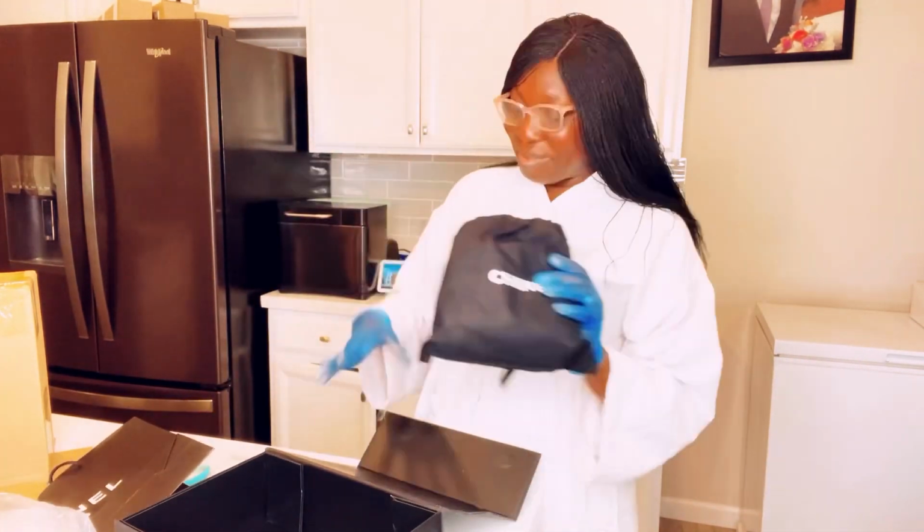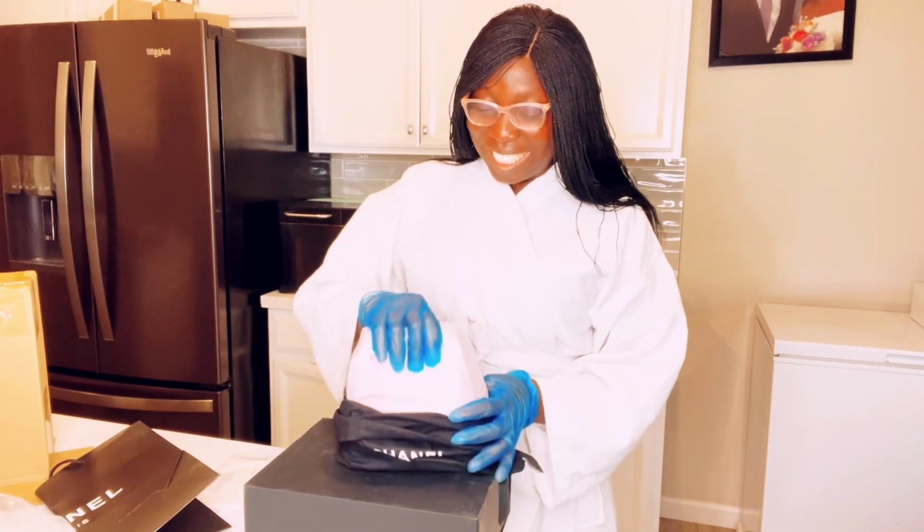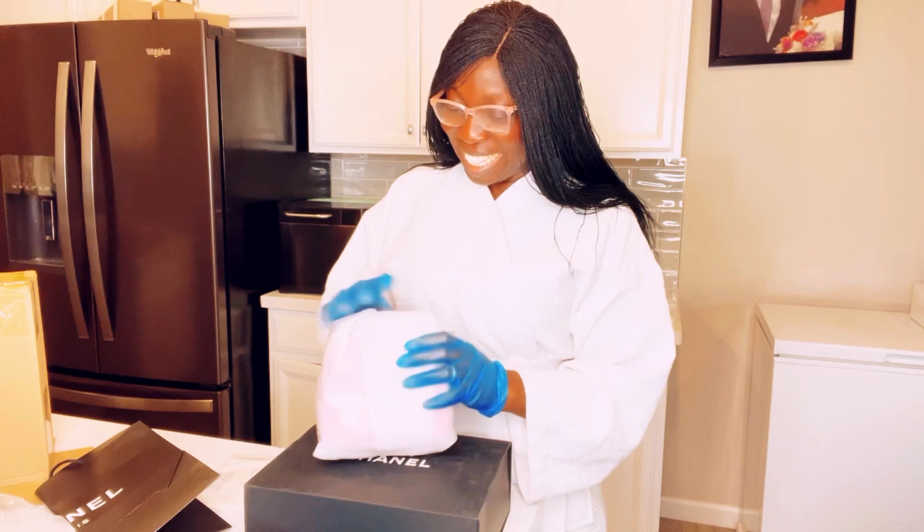Oh yeah, gone. Guys, the interior is actually crafted with two large compartments and it holds literally everything that